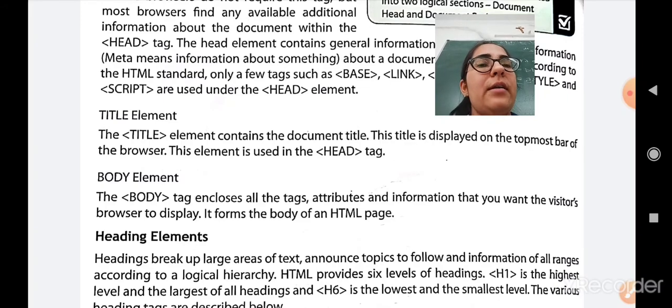The body tag encloses all the tags, attributes and the information that you want the visitor's browser to display. It forms the body of an HTML document. So all the other tags which you want to be displayed in the browser, you have to write inside the body tag. So all the other tags can be enclosed inside the body tag.